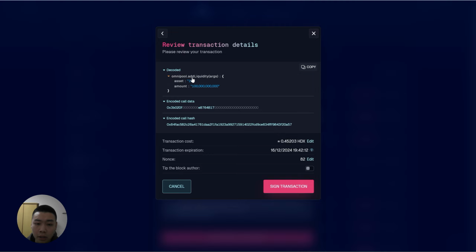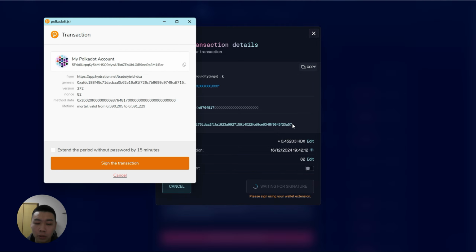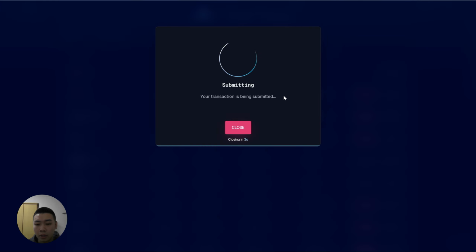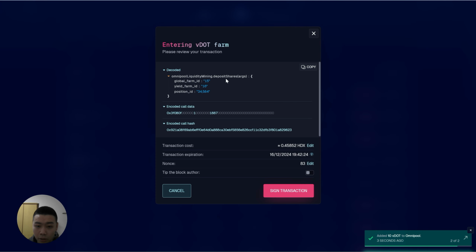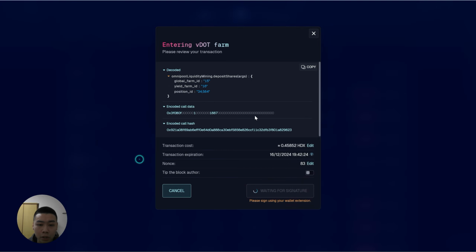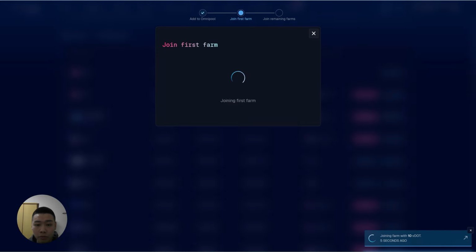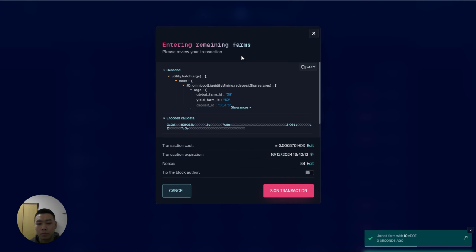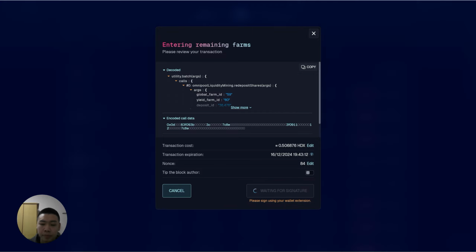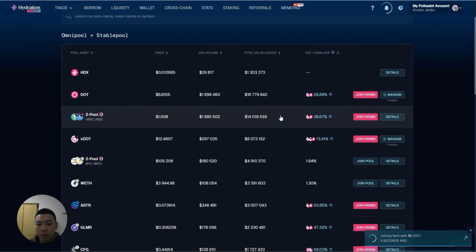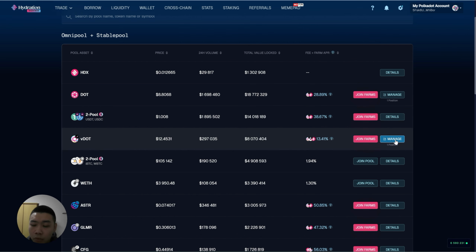You can see here it is adding the liquidity right now. This is the transaction. To be noticed, here is another transaction: deposit shares, jump into the liquidity mining, and then we will join the first farm, and there will be remaining farms waiting for us to join. And then the third transaction is jump into the remaining farms. All right, cool. Right now we've joined the farm,